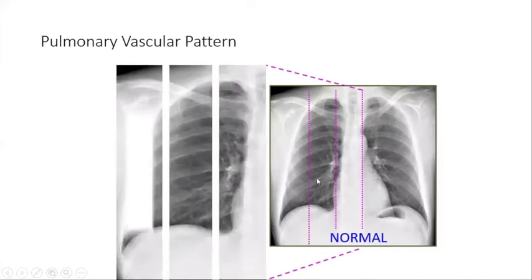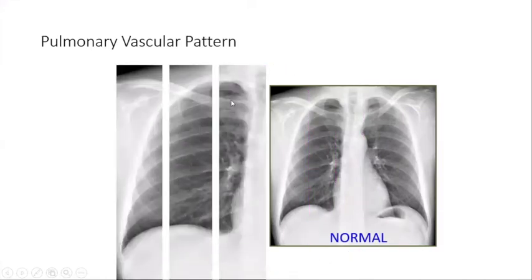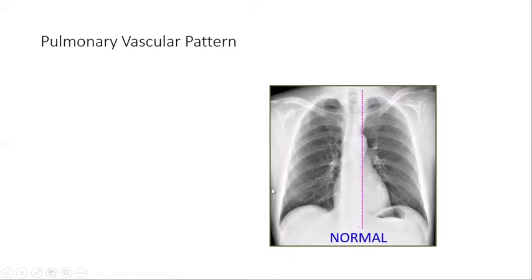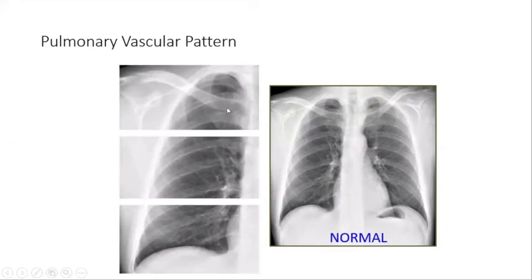Now, pulmonary vascular pattern. The pulmonary vascular pattern can be divided into three zones: medial, intermediate, and lateral zone. This is only an artificial assumption, because by this we can see that there is gradual tapering of the pulmonary vessels from the hilar region towards the periphery of the lungs. We can also see the larger vessels tapering like tree branches. Similarly, from superior to inferior, there is a gradual increase in the vascular prominence. We can see there is only minor substructural vascular branching.